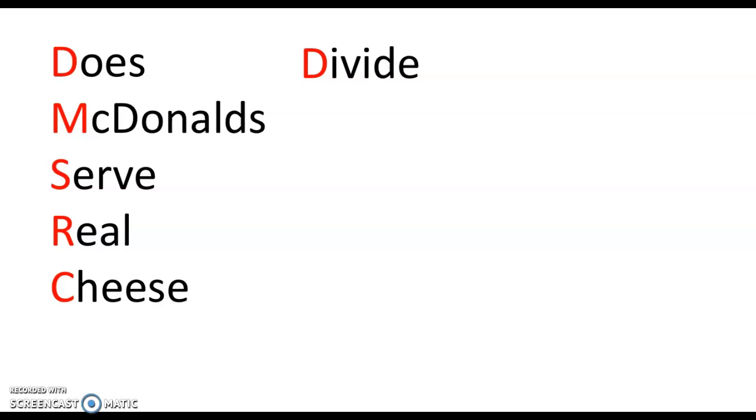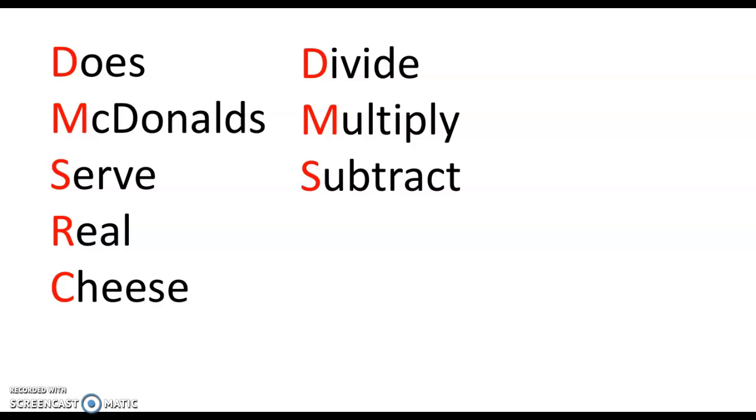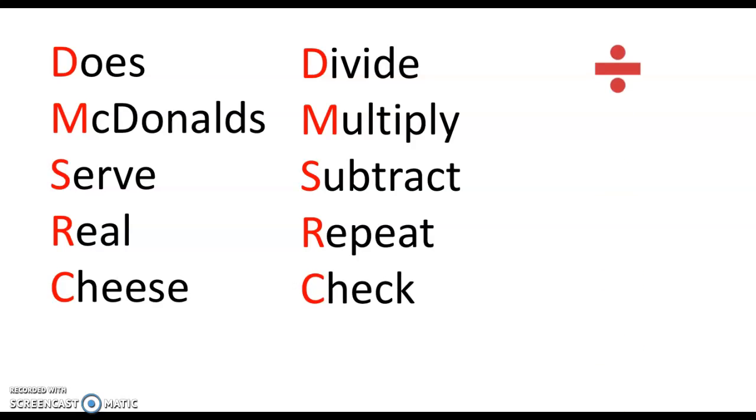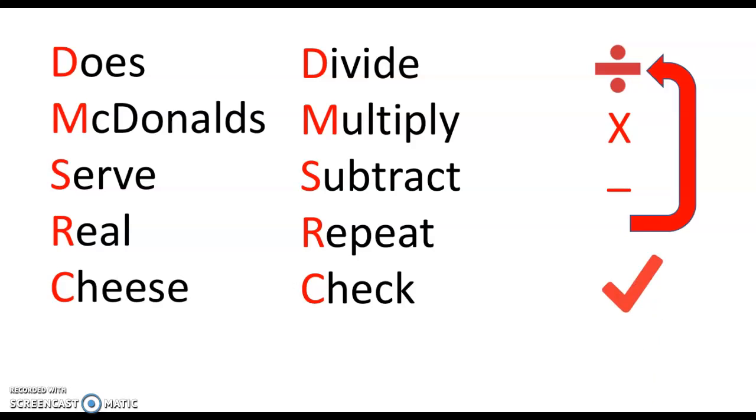McDonald's starts with an M. That stands for multiply. S stands for subtract, because they both start with an S. R stands for repeat. And cheese stands for check. So we will divide, multiply, subtract, repeat, and last we will check to see if our remainder is smaller than